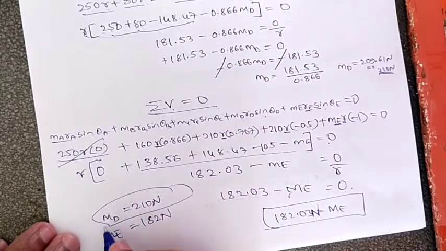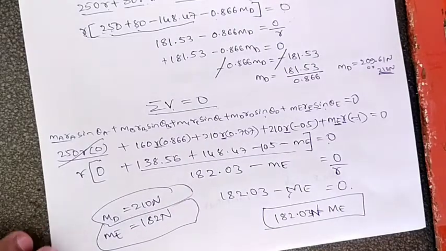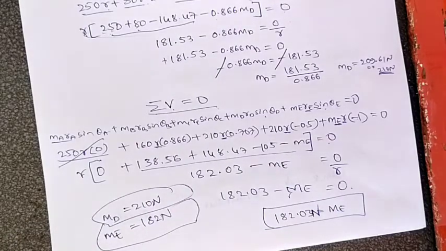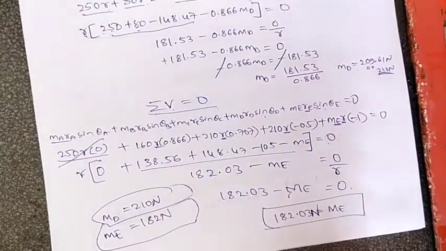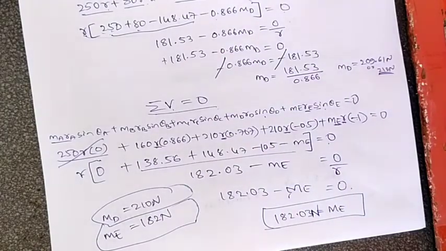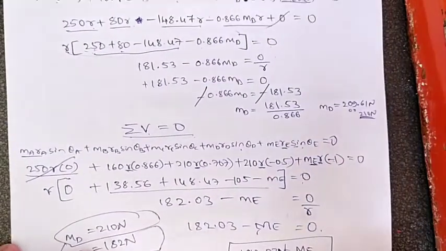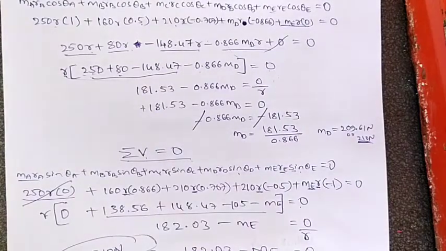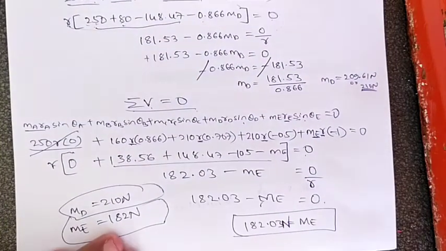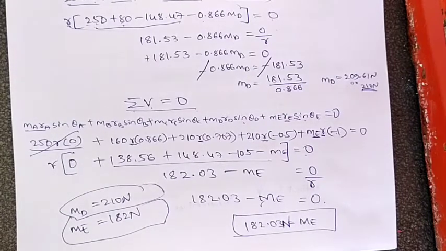So this is how you solve the problem when 5 masses are given. Simple it is, same procedure. Where horizontal force is there, you equate it to 0. Where there is a vertical force, you equate it to 0. Take R common, then it becomes very easy. Just equate it to 0 and go on substituting the values and take plus sign and minus sign correctly. Then you will get the answer correctly.